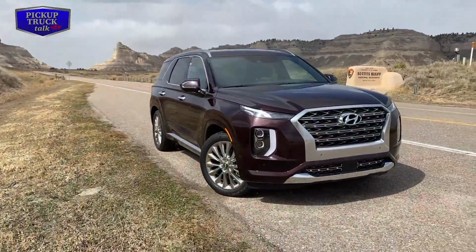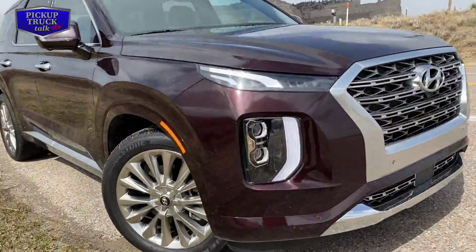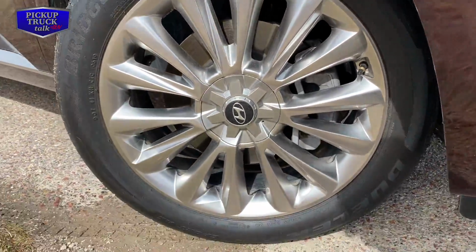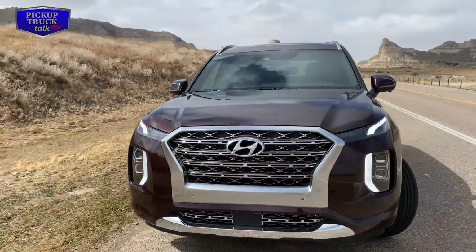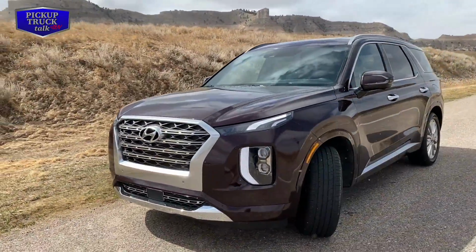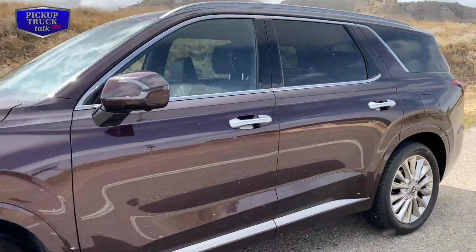Okay, number 2 has got to be the style. I'm going to show you some images on the screen I took of the exterior. This is a Sierra burgundy color, and I've got to tell you, it looks exceptional in the sun. Out today, it looks like a deep purple while I'm driving around. It's a beautiful color. I think they've done an exceptionally good job of design throughout the exterior and also the